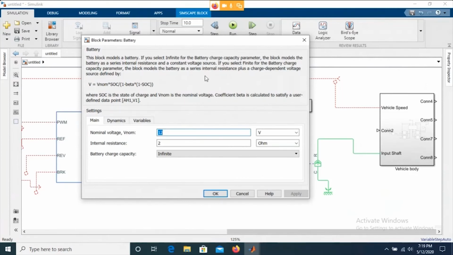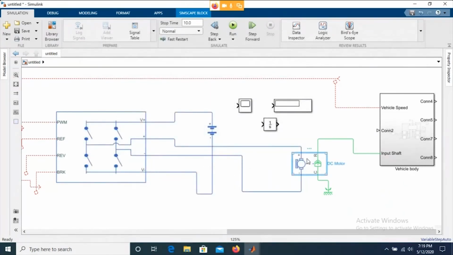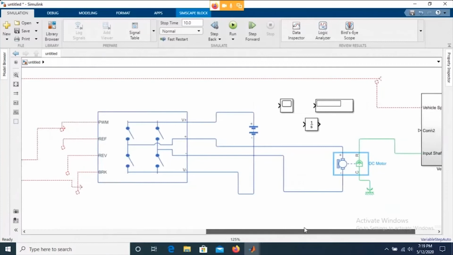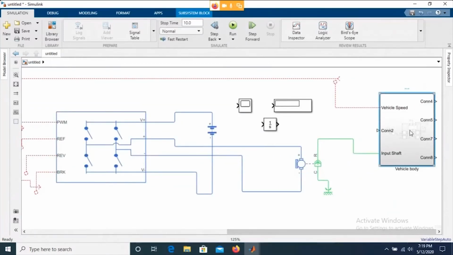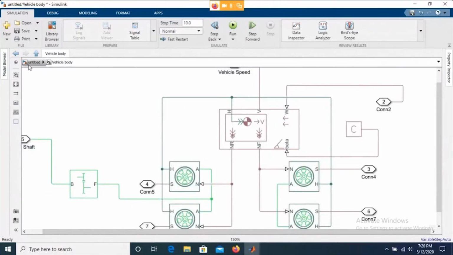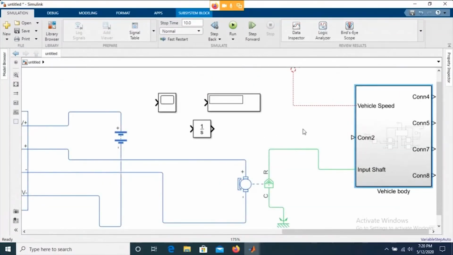Whatever is kept over here should be matching with the DC motor, right? In order to develop this model, you need to test each individual system step by step. I haven't shown over here how to test each individual system step by step. Let's say your vehicle body is ready. Now you want to get an idea about how much power this vehicle is going to require, and at what speed, what torque is required. So you can keep all this system aside. You forget about the motor, right? You disconnect this as well and try to provide a torque reference.